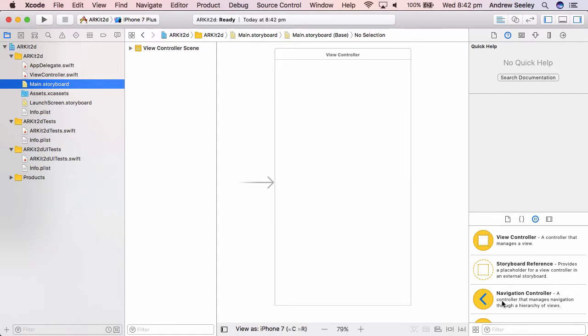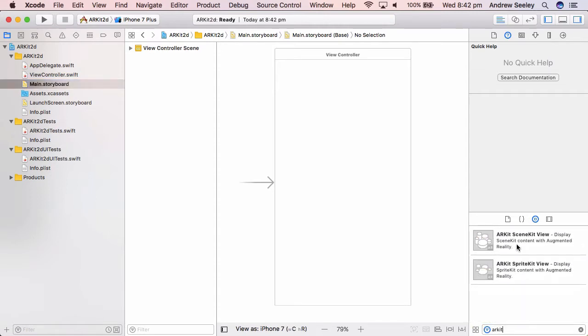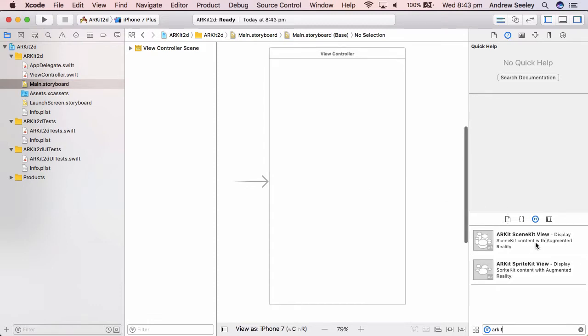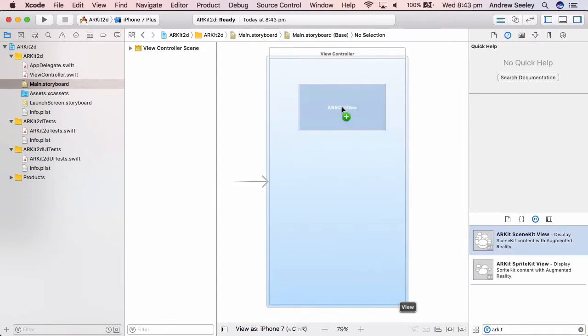First of all, you want to go to your main.storyboard, and in the Object Explorer in the bottom right, you want to search for ARKit, and the one we want to use is ARKit Scene View. So we'll drag that onto our view controller,